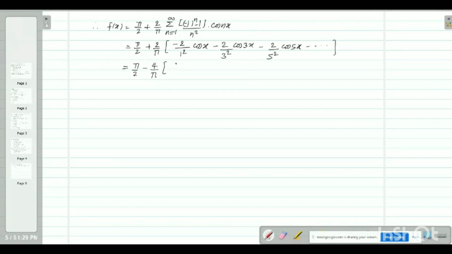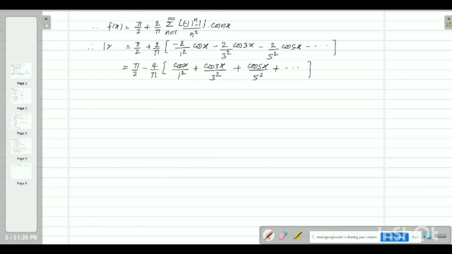Cos x by 1 square plus cos 3x by 3 square and plus cos 5x by 5 square and plus so on, which is the required Fourier series of the given function f of x equal to mod of x. Therefore this can be written as